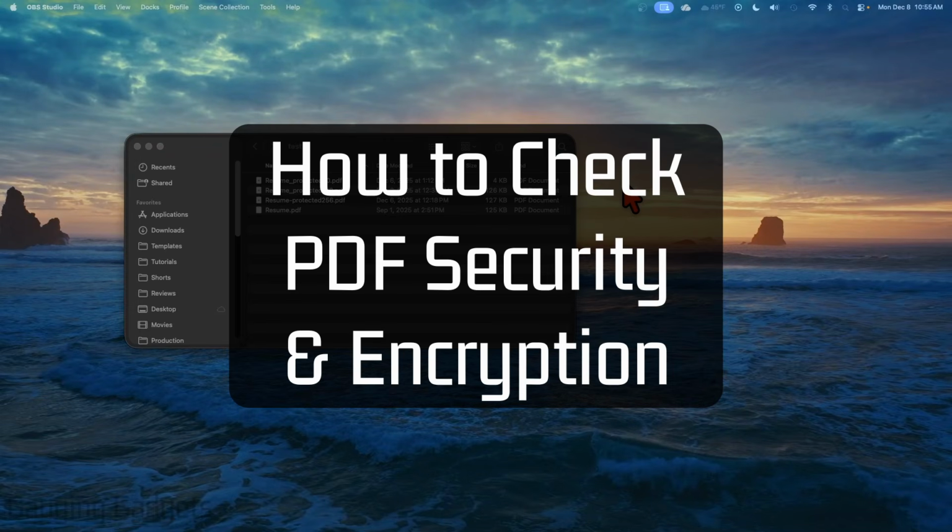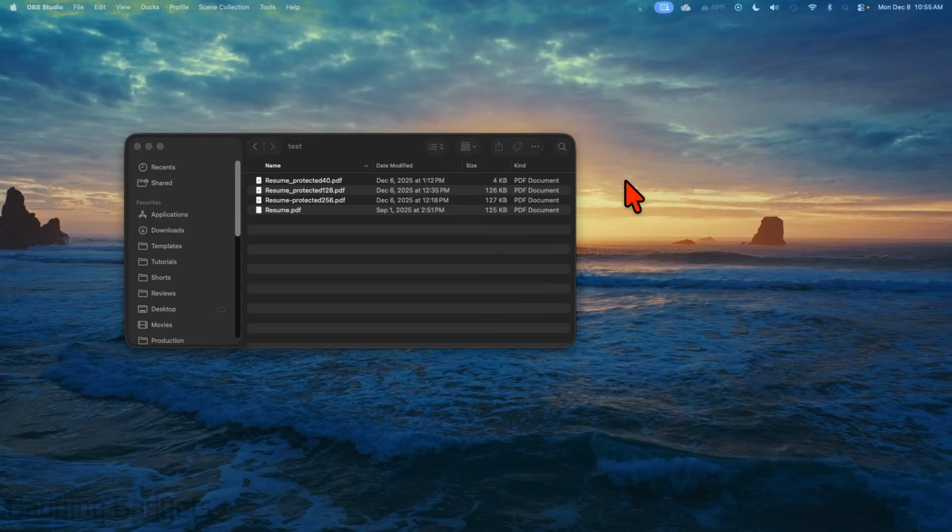How to check the security of a PDF file. In this video, I'm going to show you how to check a PDF file to see if it is encrypted